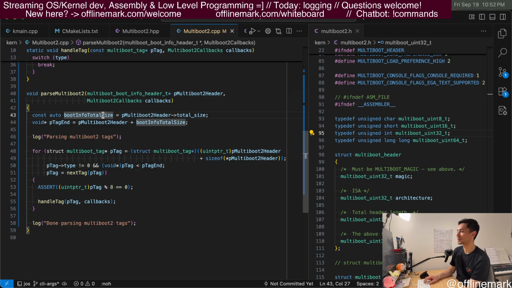Okay. And then from there we parse total size, boot info total size, and maybe this is